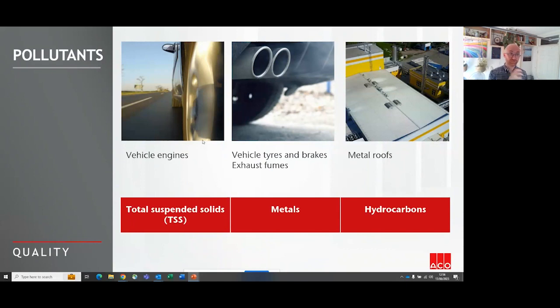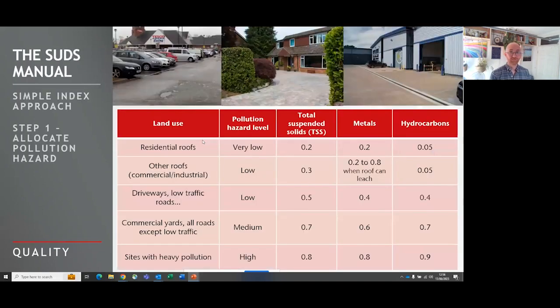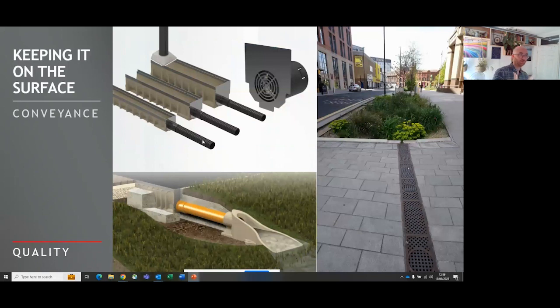Now, the SuDS manual splits the pollution down into metals, hydrocarbons, and total suspended solids, which is more to do with silts and things of that nature. What you can see here is a table they have, and you identify the pollution level based on the location where your site is being implemented, and that will dictate how the pollution is removed. But first, we'll look at how we mimic the natural environment using green SuDS